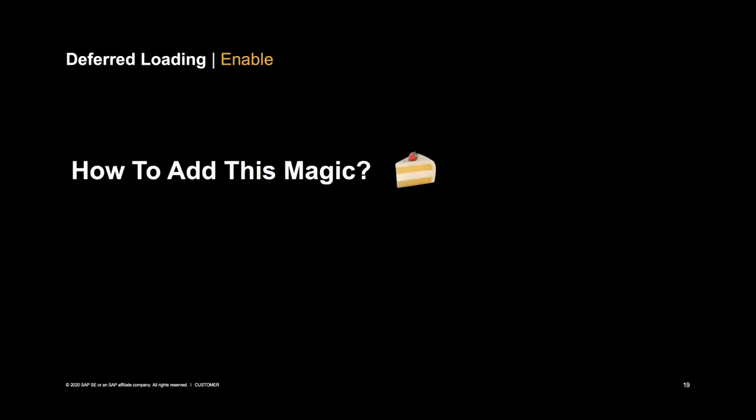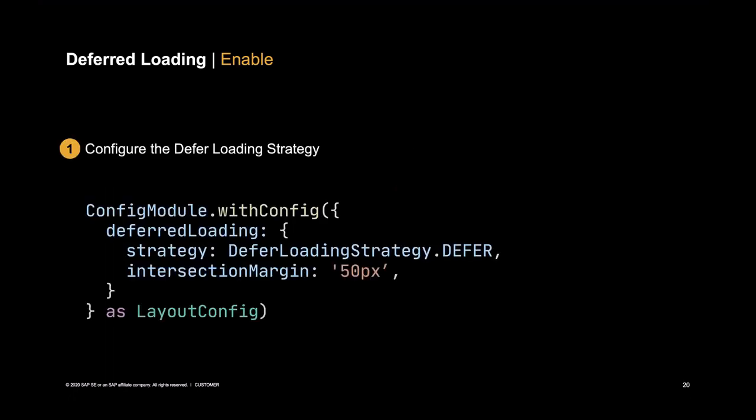So how to add that, and I'll have a look later on the questions, if any, how to add the magic. So basically you've seen me doing this already. The first thing you would do is you apply the deferred loading strategy. So we haven't added this as a default configuration in Spartacus 1.4. We might do that later with a 2.0 release, but it's easy enough to add. That's the first thing you need.